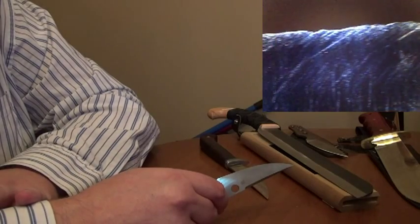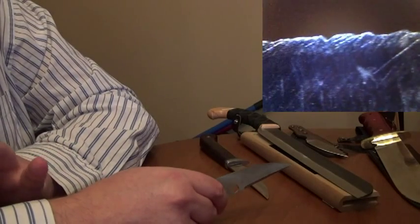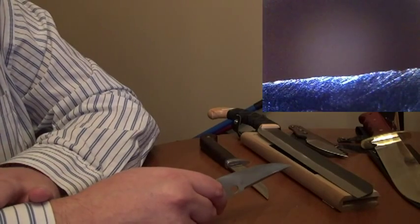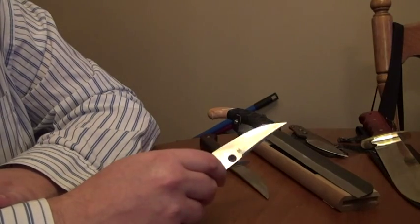So I think the next thing will be use it again for about another week or so, just light work in the kitchen, cardboard, paper, that type of deal, some plastics and woods, and then run another check on the cardboard again and see if I can get better edge retention. Another thing that I might do